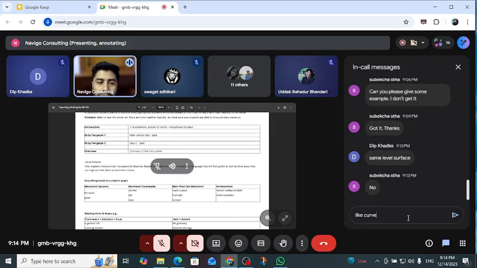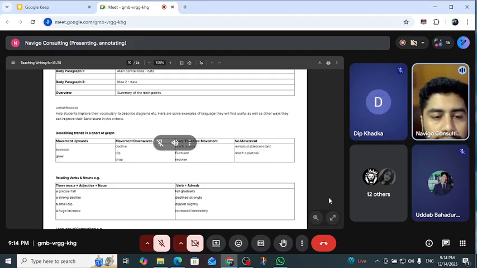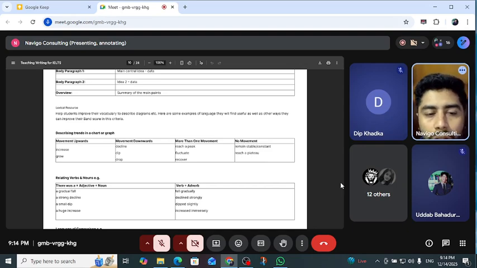All right. So using these vocabularies, using related verbs and nouns, when you're using them with adjectives, you use words like a gradual fall, a strong decline, a small dip, a huge increase, fell gradually, declined strongly, dipped slightly, increased immensely, right? So these are the adjective plus noun or verb plus adverb forms you use whenever you are describing data.